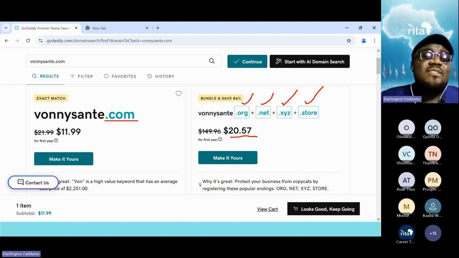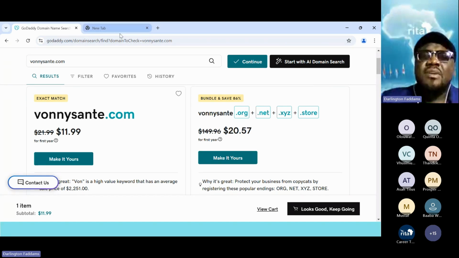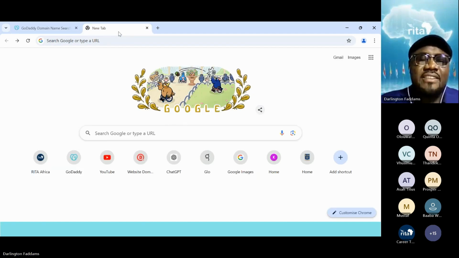That person will tell you that vonisanti.net or .org means so and so in their country or to them. For you, it has a very sentimental meaning, and you say that this is my company. There is no law that says it is your company. You didn't register it. In the same way, Glow cannot say that everybody knows we are Glow, so give me glow.com. You can't do that. Someone else registered it first.